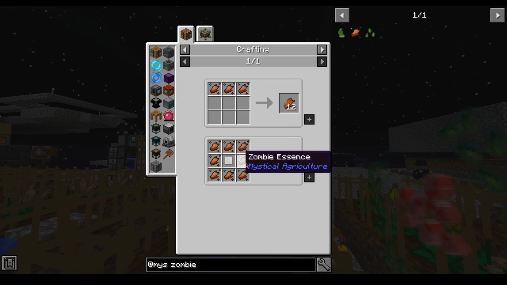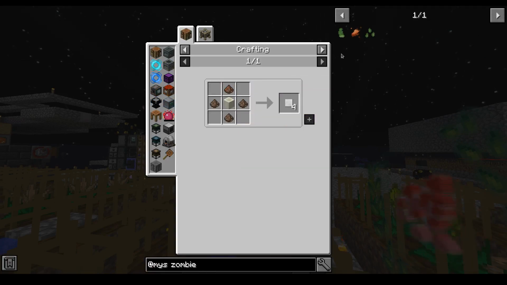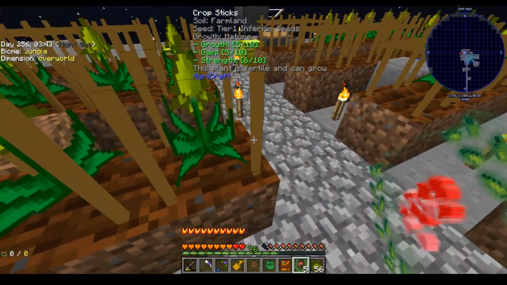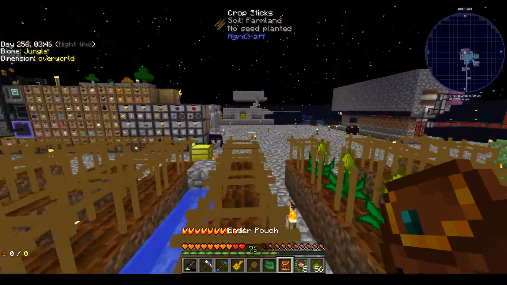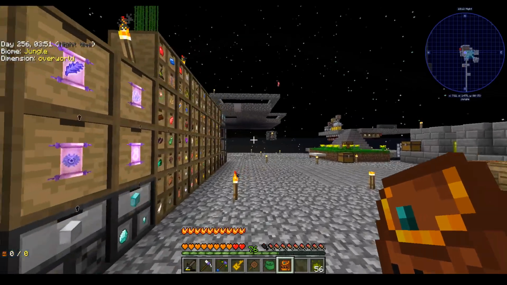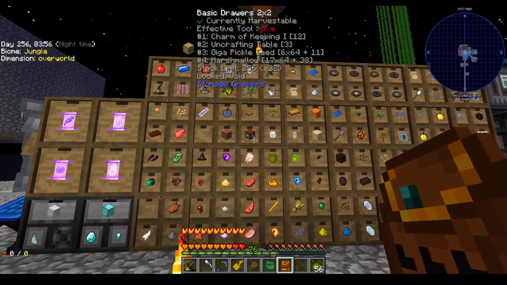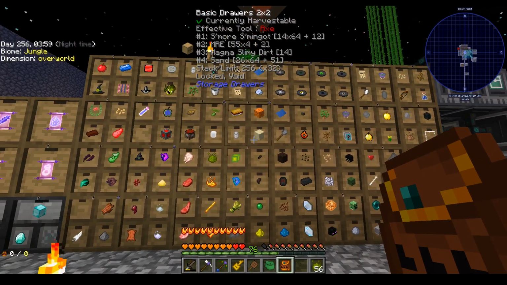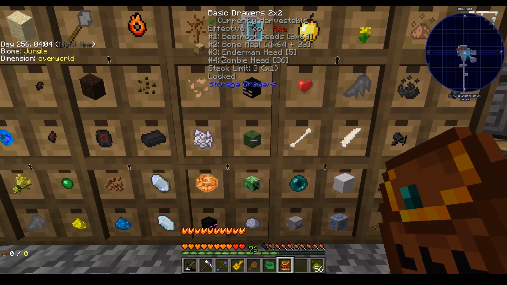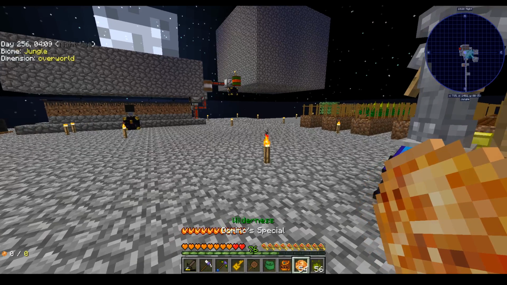So we can make blank skulls. We can make as many zombie heads as we want. Man, it's a good thing we can do that. Infinite zombie heads. So, yeah, I mean, I've only got 36. That's...